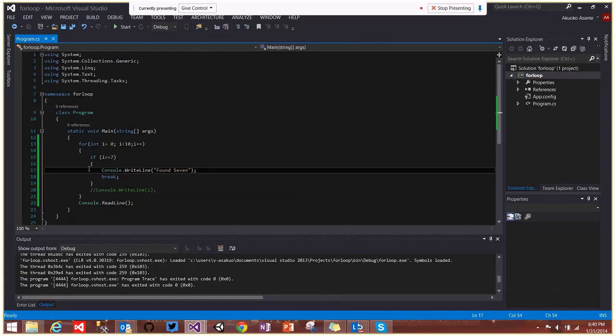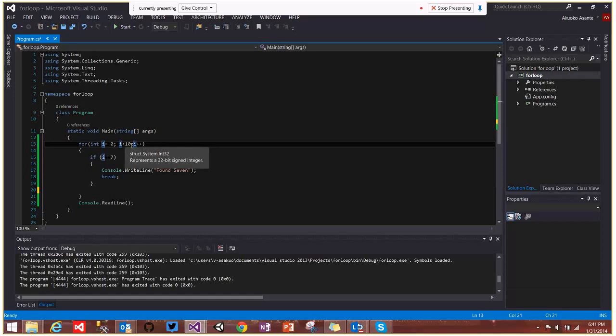you. In this code we've written, get rid of this. I am looping through from i equal to 0 to 9, and when I am doing that, if i ever reaches 7, I want it to display to the screen that it's found 7. And with our introduction of break here, this for loop will exit and it will come to this part of the code. If I put my breakpoint here